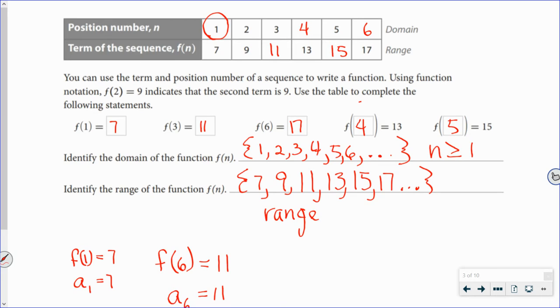okay, what do you notice about 7, 9, 11, 13, 15? What kind of numbers are those? They're odd numbers, right? And so the range is odd numbers. And maybe we should say odd integers. That would be a little more mathematical, wouldn't it? Yeah, because it's not decimals. Odd integers